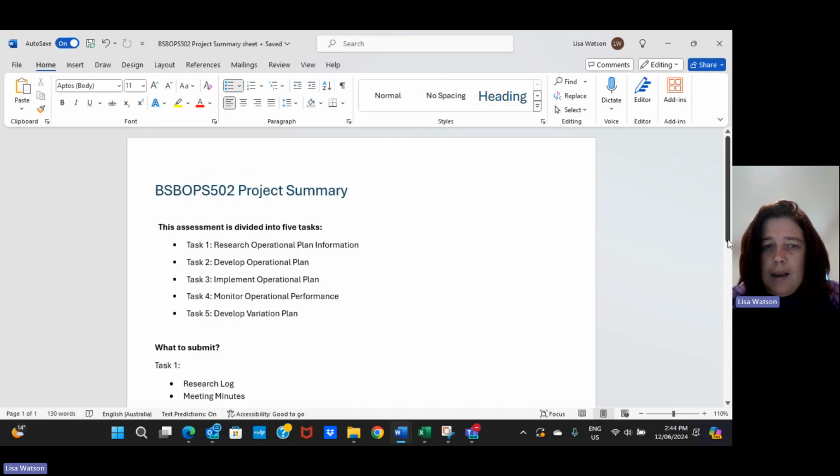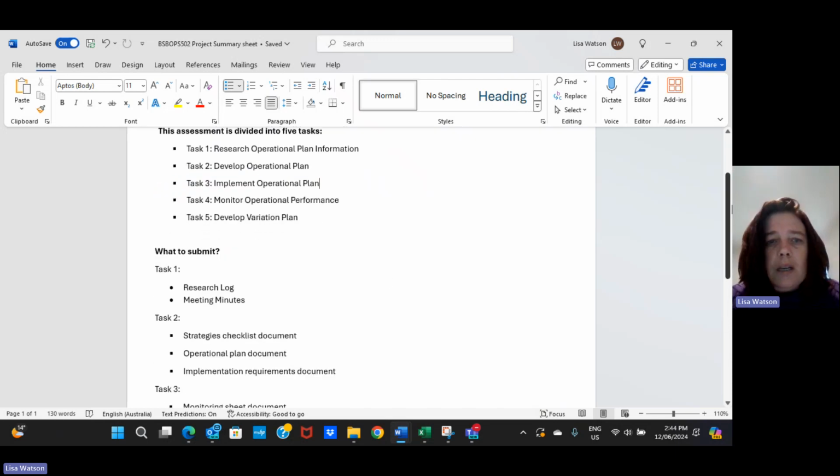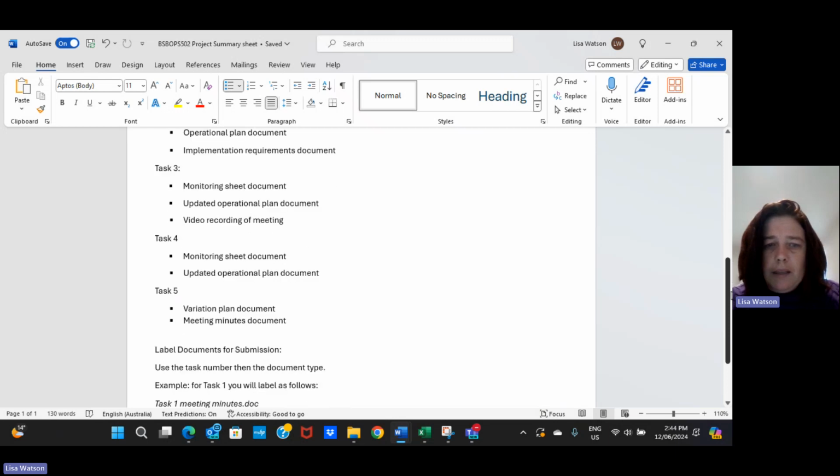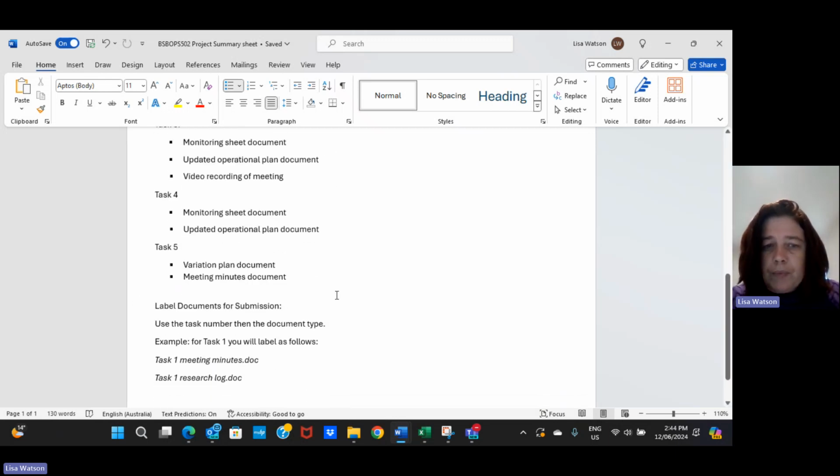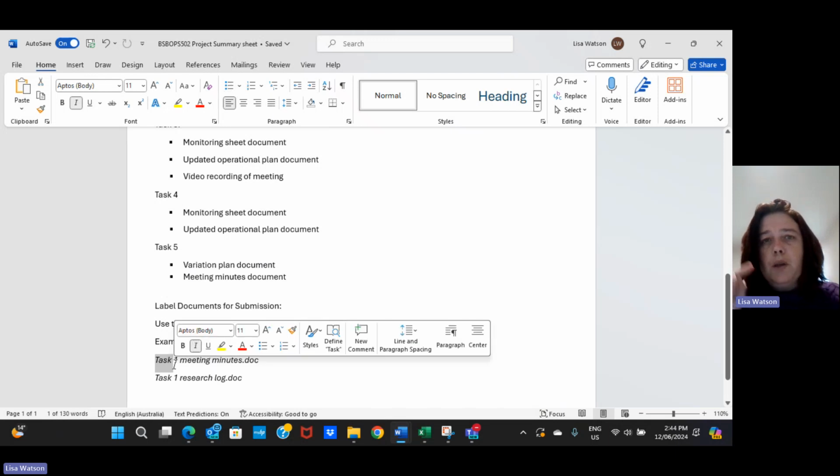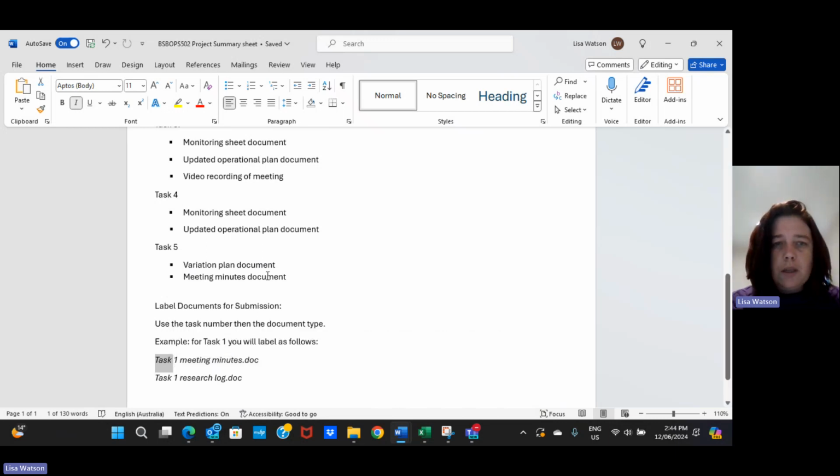So how do we keep track of it and label it all? Once you've downloaded them all, when you've completed them and you're saving them, to make it easier for yourself and your trainer who will be assessing it, label each one by each task, because you don't upload the documents for each task separately. You're uploading the whole project as one. So all of the documents that you're saving from task 1 through to task 5 are uploaded at the same time. So use this as a checklist as well when you're uploading,